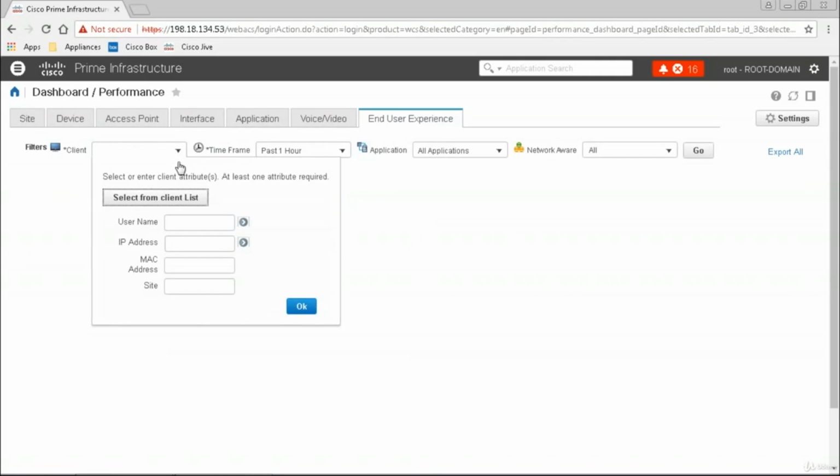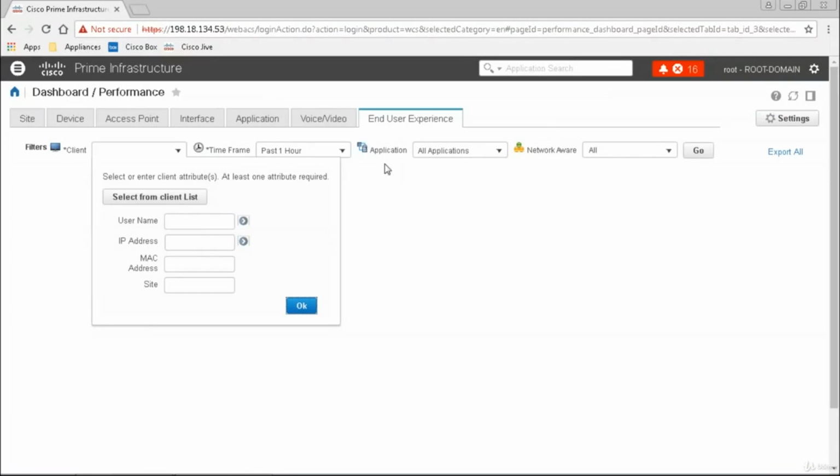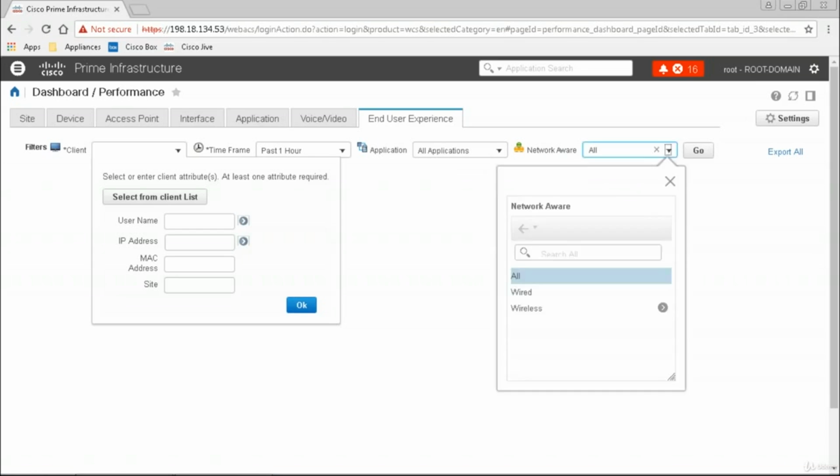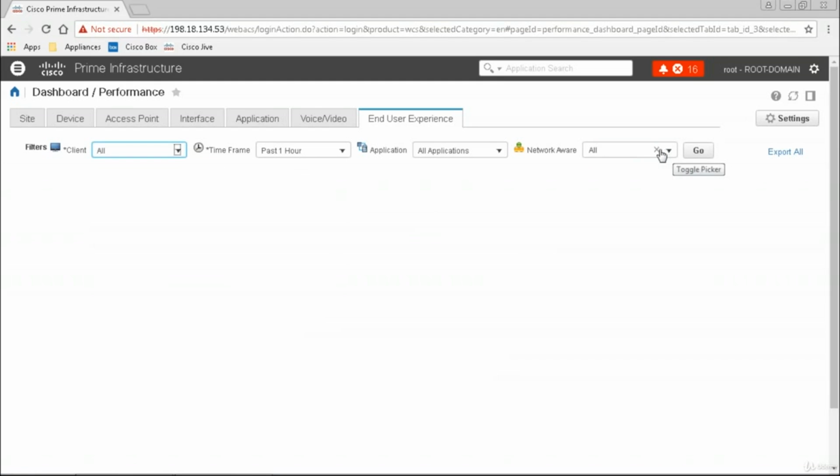So if I click here in the client, the username, IP address, MAC address, site, if I select that, then I have the time frame, then the application, what application I want, the application aware. So if I click there on the application aware, it will ask you, that is the network aware. So it will ask you about the, let me click here. So let me filter like this. Let me click here on the network aware,